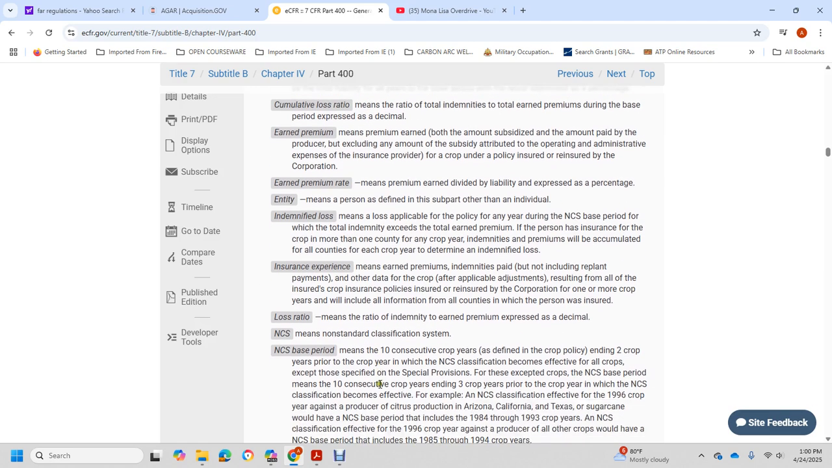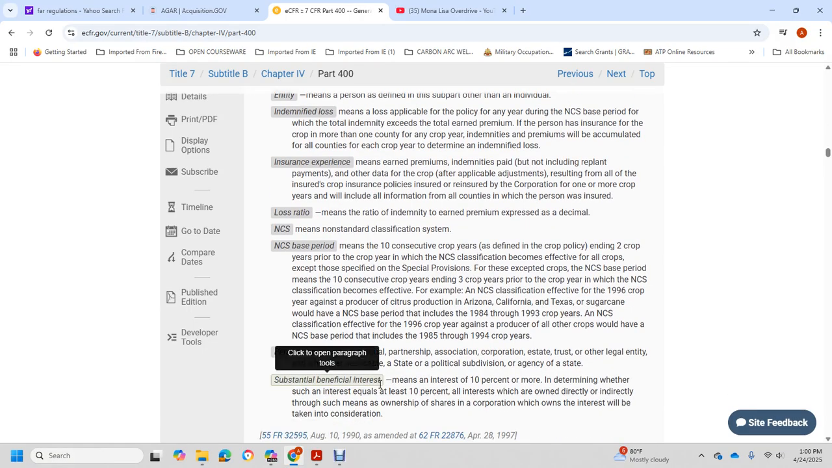NCF means a non-standard classification system. Non-standard classification system base period means 10 consecutive crop years, as defined in the crop policy, ended with the crop year before the non-standard crop classification system classification becomes